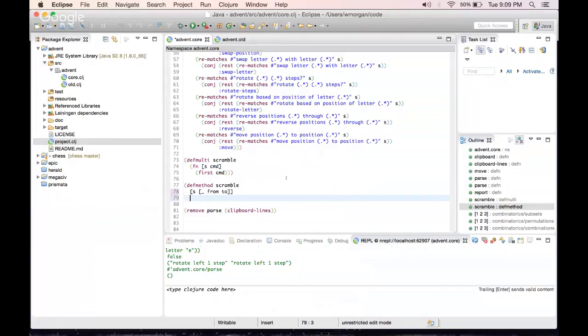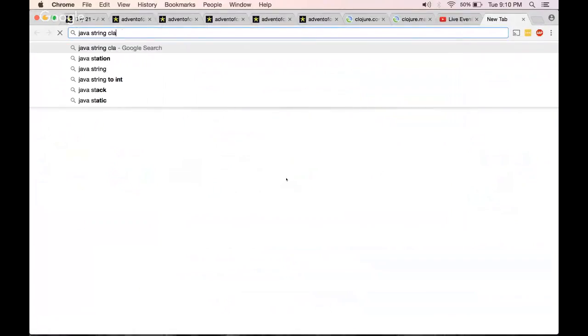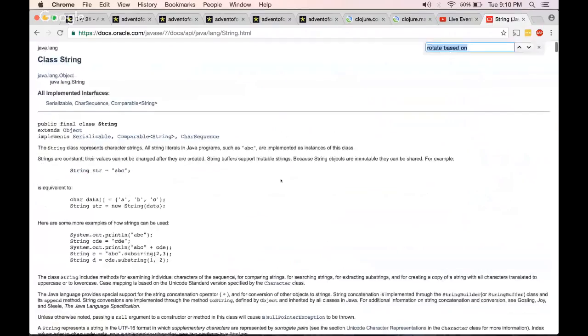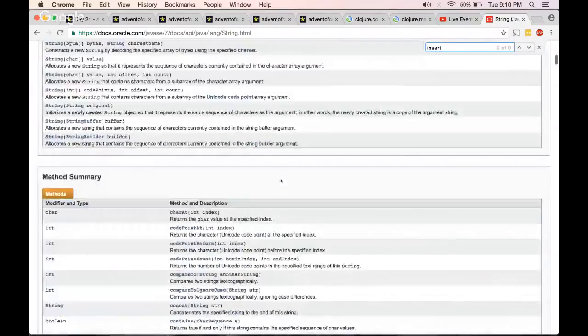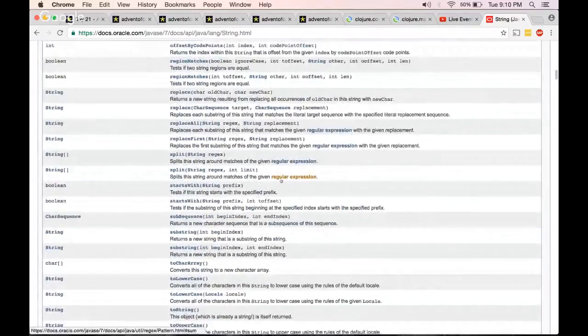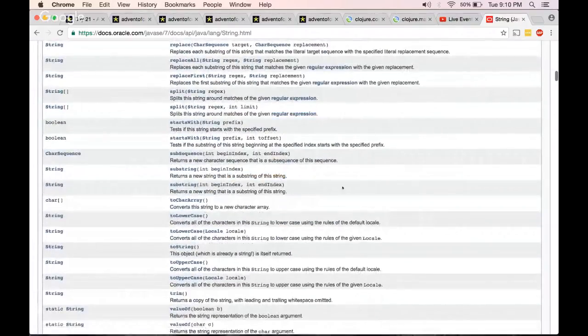Let's see. How do you insert into? Must be some kind of string operation. Java string class. I hope they could do something like this. Insert. No. I'm just going to return a string. Start with